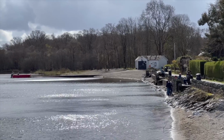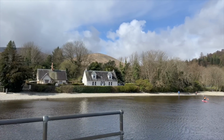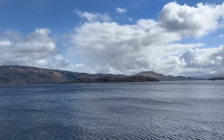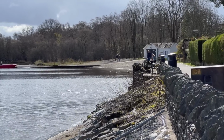It was an absolutely beautiful day. It was a bit cold. That's Luss from the end of the pier. It's just a beautiful place. Looking south there. Then we headed to the Coach Inn coffee shop,